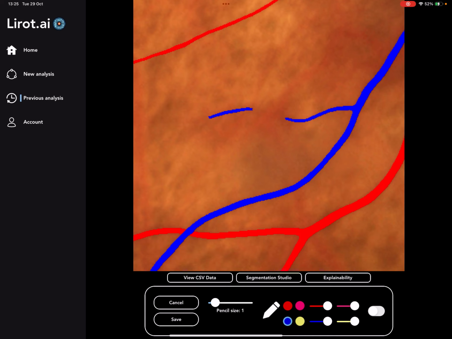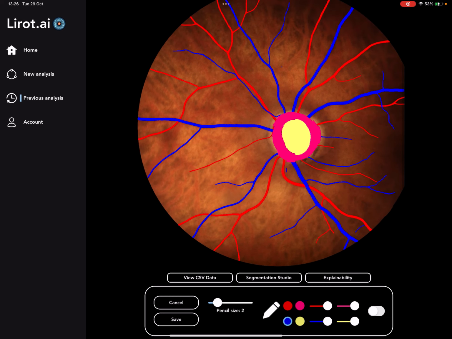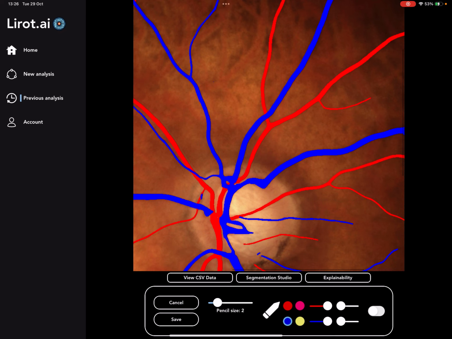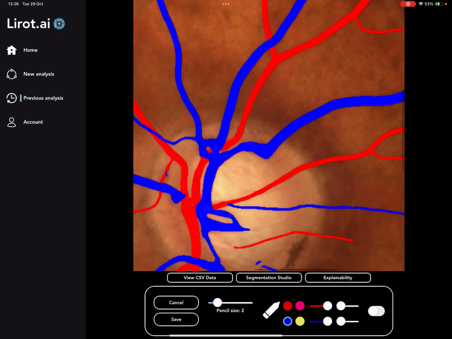this one. And because it's a small vessel, I will choose a pencil size. Maybe 1 is too small. Let's take 2. 2 is perfect. Okay. Let's remove this and this. Let's correct all the minor details that remain to be corrected. Here, and here,